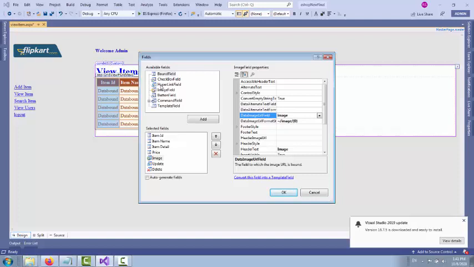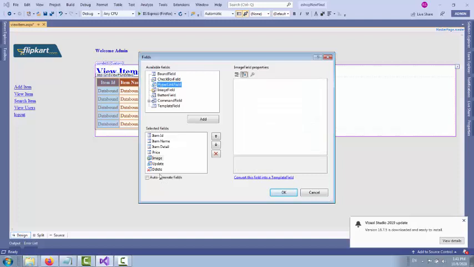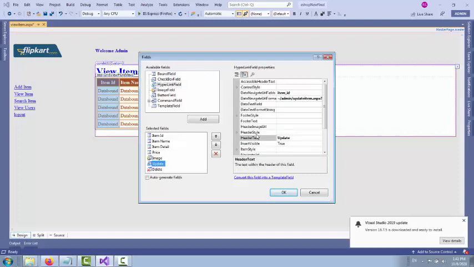Then add the hyperlink field. For the update we have to redirect the page, so add the hyperlink field, change the header text, and then add the data navigate URL field. The data navigate URL field is item id. And then the data navigate URL format string. This is the navigate URL.